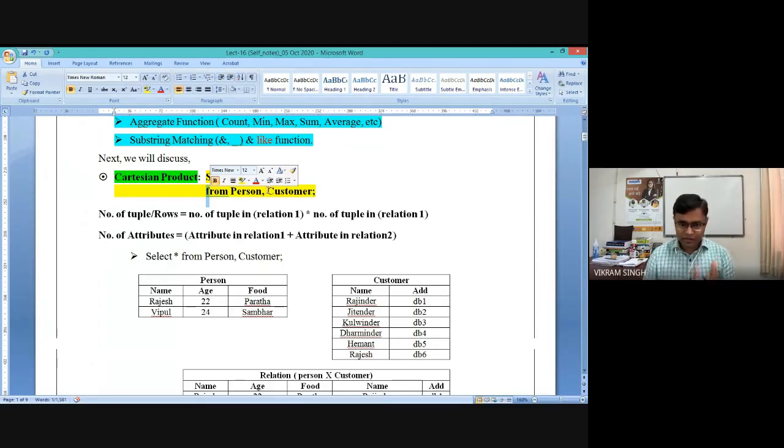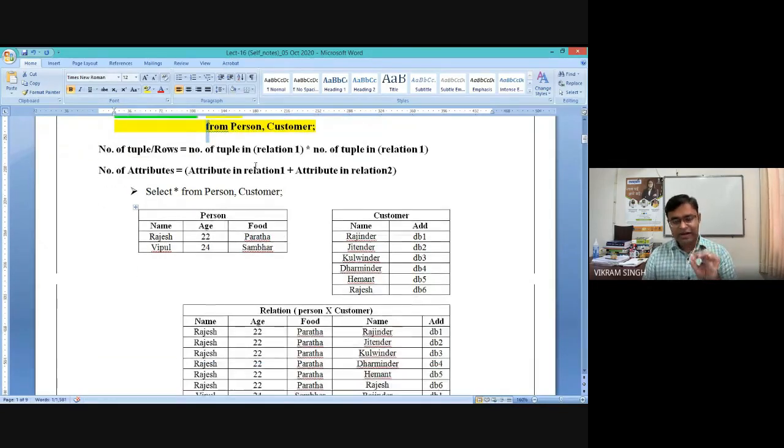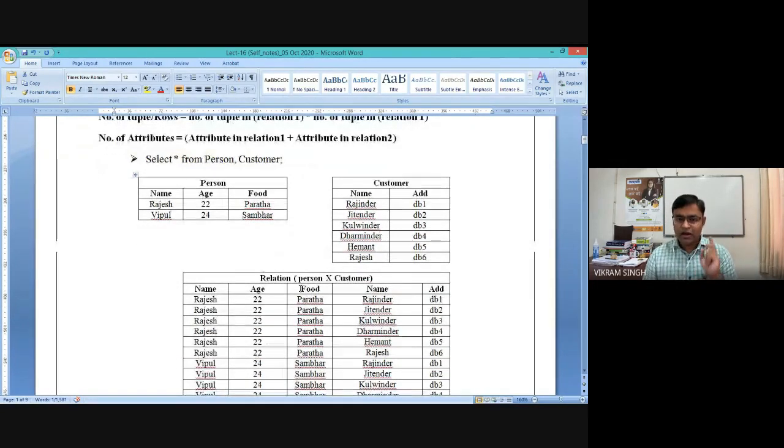But if you have more than one database table in the from clause, the from clause itself creates the combination of relations, because we also discussed that in the SQL compiler or query processor, there will be only one database table available in the temporary storage. It will not be that many separate tables exist; all the tables get arranged in some form into a single table.